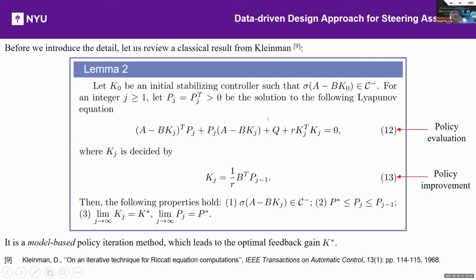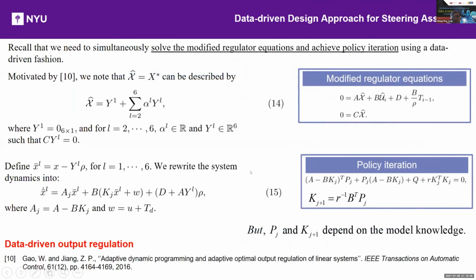So we're going to use this Clements idea to develop a data-driven method. That's number one. Number two, the regulator equation will also have to be converted into a data-driven form, because A and B are unknown. So here you have to